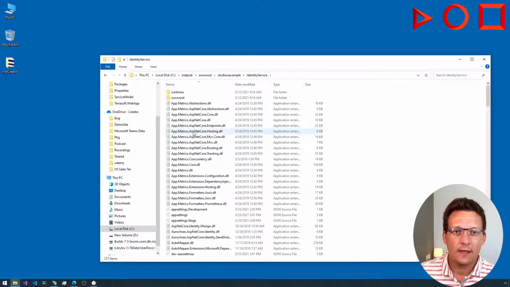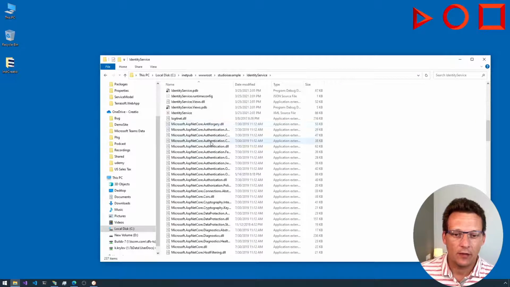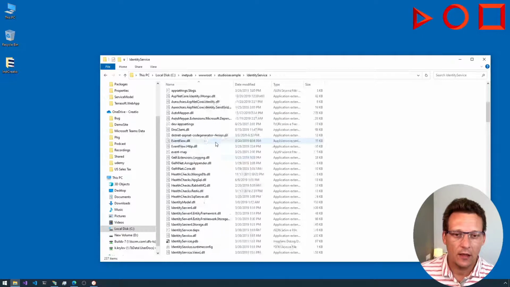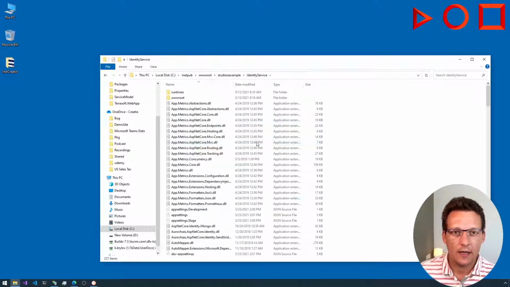Now, inside this identity service, we have everything that we need here. This is a prepared application, and you can already run it just by using the .NET command, and you can just start running this application. Before we run it though, there are a couple of things that I would like to change here, and